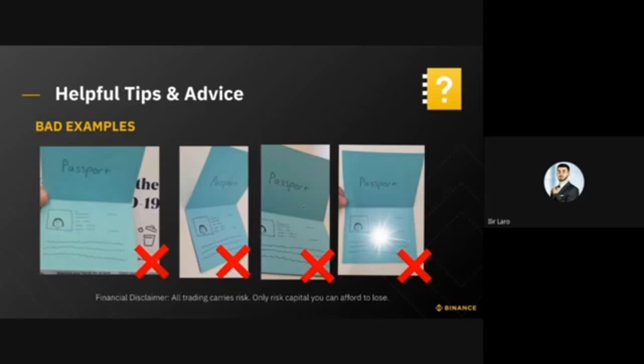The third example, well, this is pretty self-explanatory. The face is half cut, you can't read, and you can't see the whole passport, so this would also be rejected. And the fourth, although you can see the passport within the photo, and it's a 180-degree angle, there's a glare. So you can't read the information on the photo clearly. So all of these examples would fail. And I think it's good to illustrate this so that you can better avoid these and manage your verification